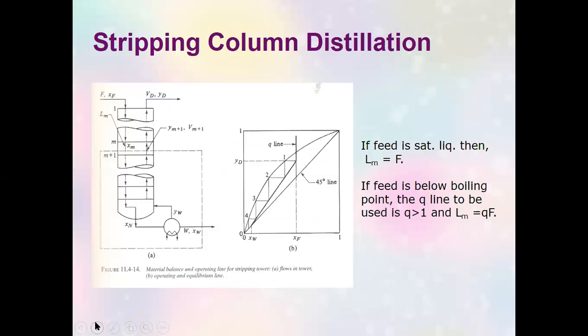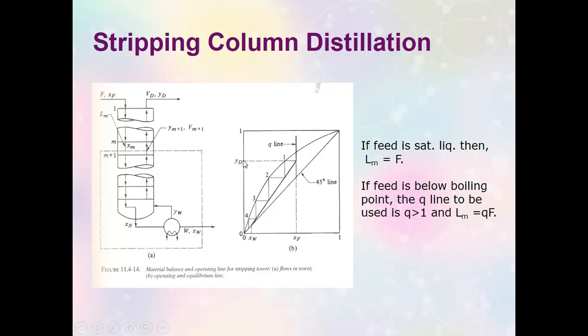Now, in the case of stripping column distillation, if viewed using the graphical technique of McCabe, you have a feed that is liquid, saturated liquid. So your Q line is vertical, resting right on X sub F. And your stripping section operating line, of course, would still start with the X sub W given by the problem, 100% of the time. And you will project the value of YD here on your vertical line, and that's your Q line.